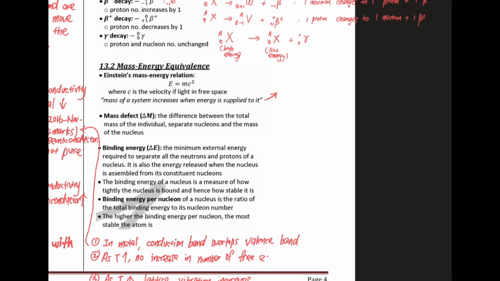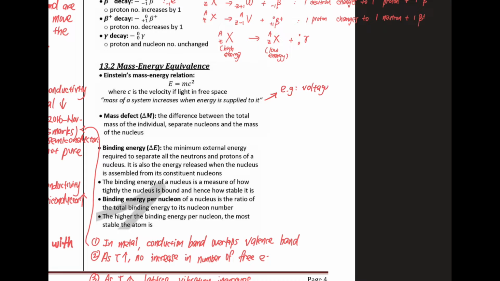C is 3 times 10 to the power 8. Let's see one example for this statement. They say if you want to increase the mass of the system, you just supply energy, then the energy will change to mass. So example,